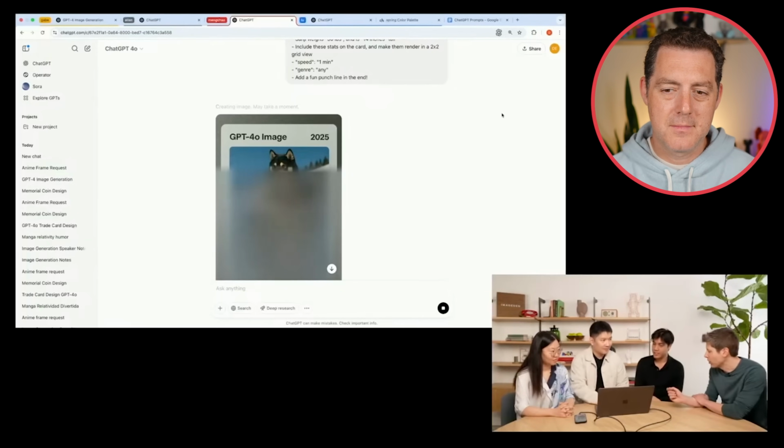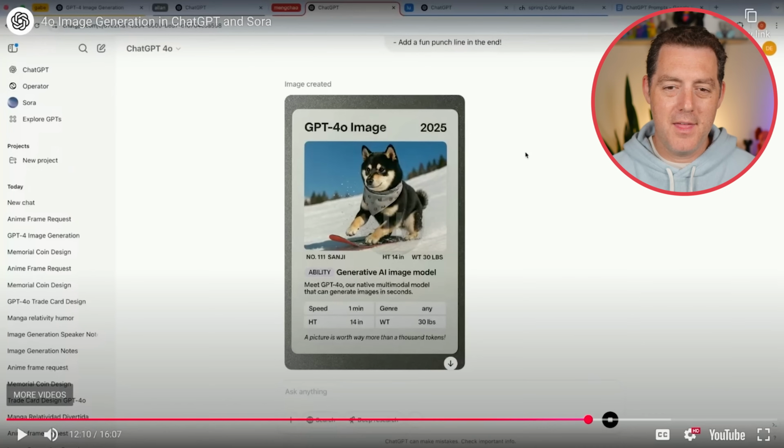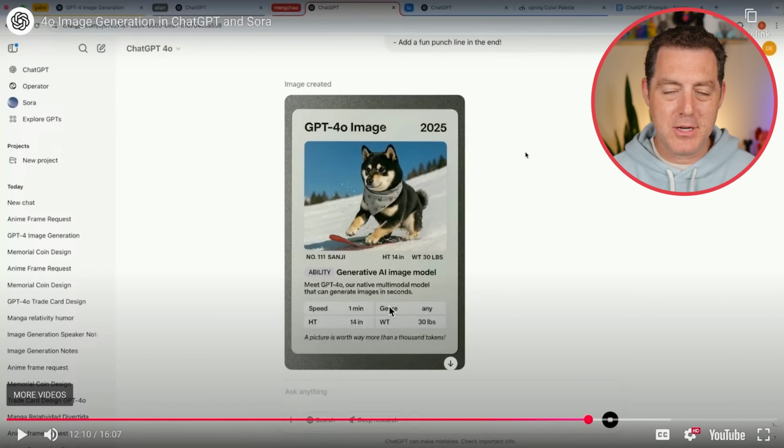Can I see the original card? Yes. All right. They're filling time again because it is so slow. I'm going to fast forward and there's the card. So the original card, I think the text doesn't look great at the top, to be honest. It kind of looks like text was rendered on top of the image, but everything else looks great. All of the other text looks like it was written on the actual card. And yeah, here, generative AI image model. All of the attributes down here look good. The text looks good. And even the picture of his dog with the little scarf on looks fantastic.